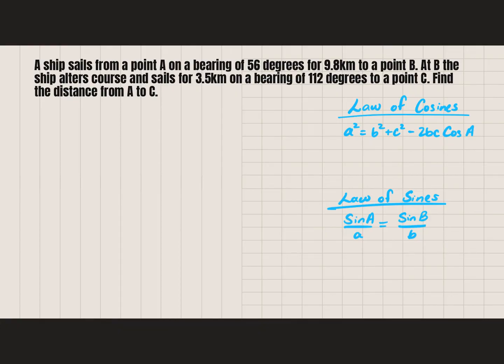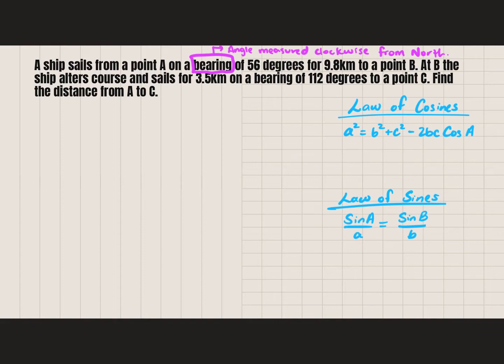So if you aren't sure what a bearing is, I'm going to go ahead and give you the definition up above. So a bearing is an angle measured clockwise from north. Okay, so we do need to know our cardinal directions here. So if I'm going to start out,